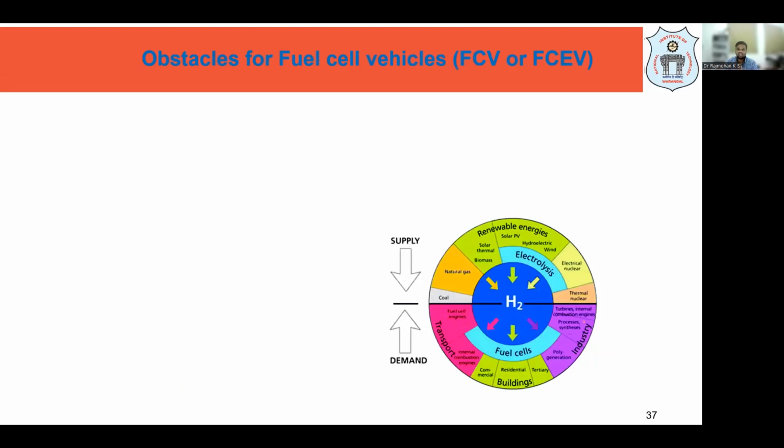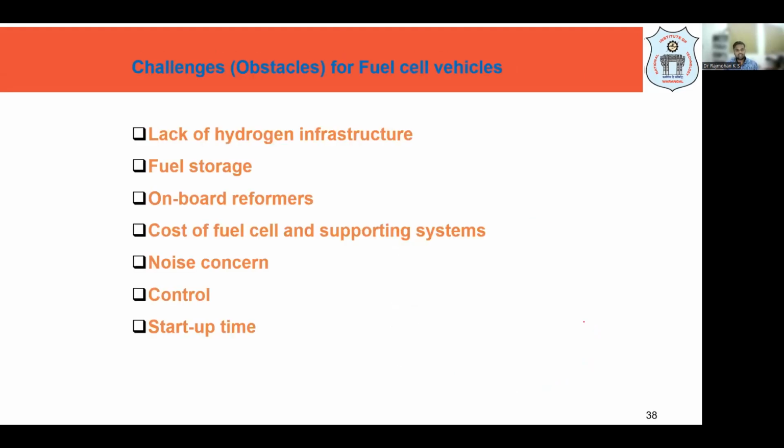But what are the obstacles for fuel cell vehicles? Because we are going to complete these fuel cells here. So what are the obstacles for fuel cell vehicles to come on road? We will discuss here in short. So the main thing is, I am ready to buy a hydrogen based vehicle, but where do I recharge it when I want to travel from Mumbai to Chennai? I think now for Mumbai to Chennai, recharging a rechargeable battery is possible. Such a road is done. Somebody has even posted a video traveling from Mumbai to Chennai with the e-vehicle. Okay, so that is possible.